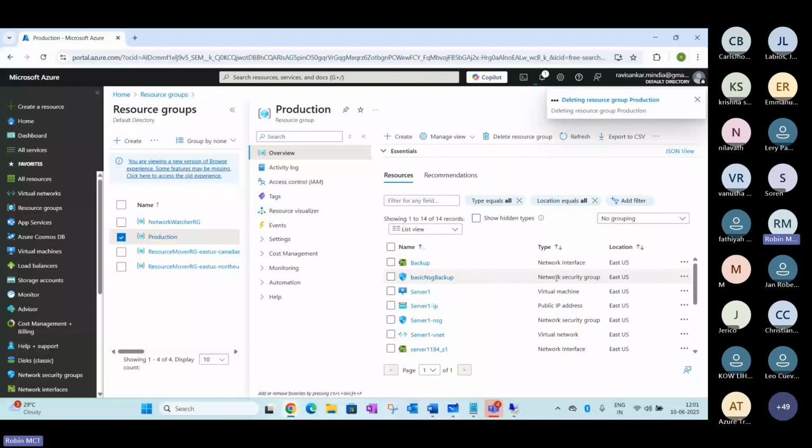Right now, you can see this is progressing. Currently, I'm just decommissioning the existing resources here.